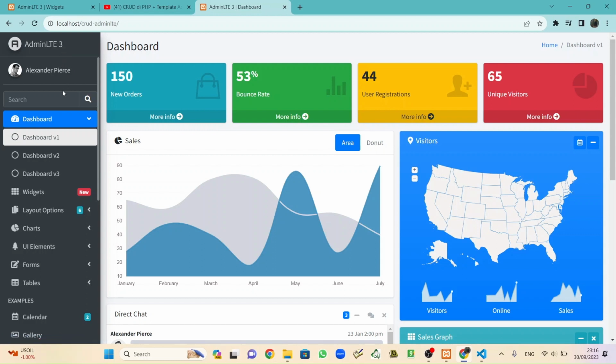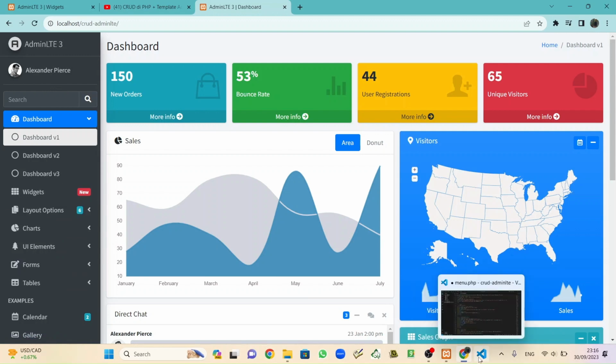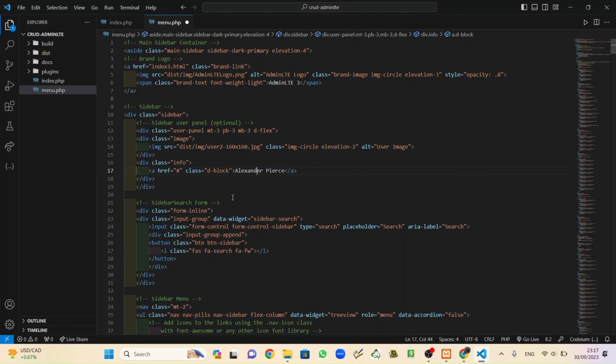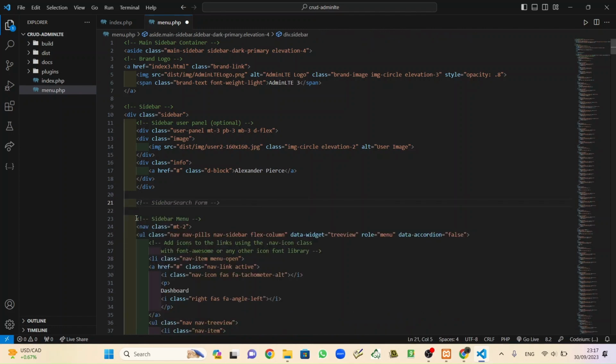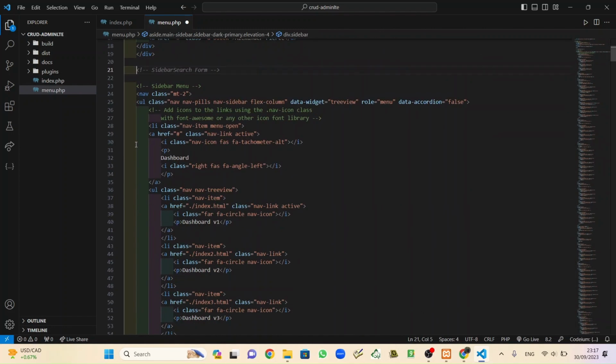What we need to remove is everything below these two things except forms. Back to the VS Code. After that, also search for sidebar menu, dashboard. You can delete. Sorry, not.